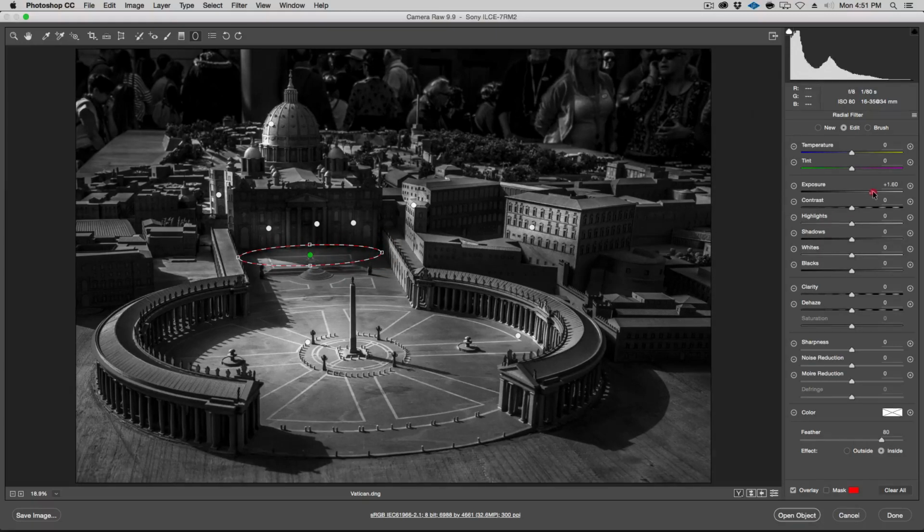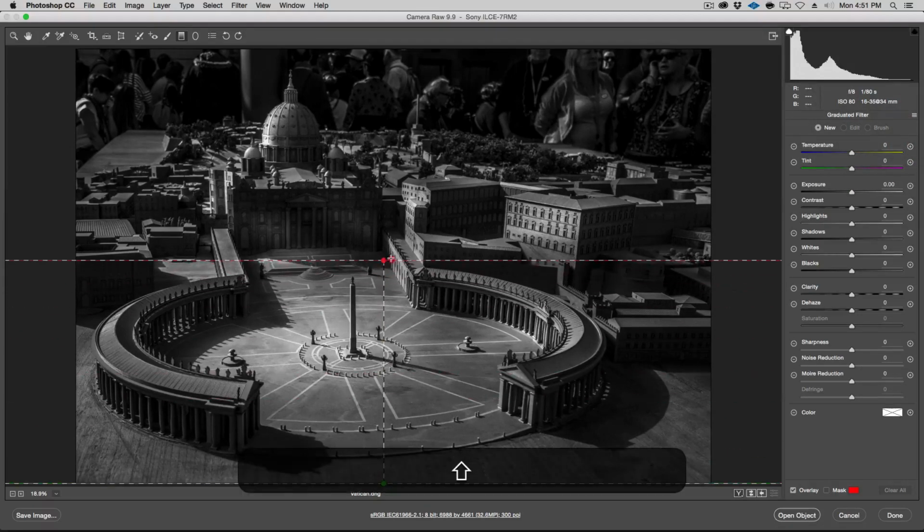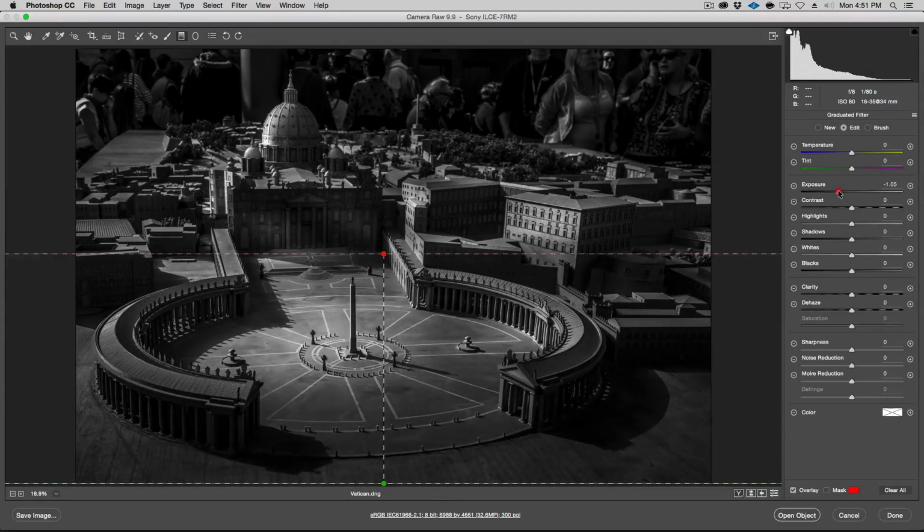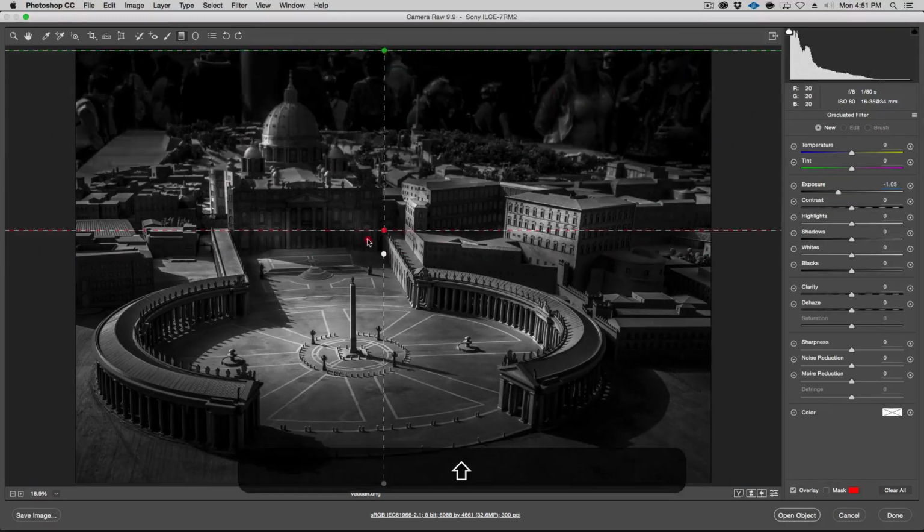Okay, kind of like that. Interesting. Okay, so something like this. And then go to your ND filters right here, and a gradient filter, and go ahead and reset that, reset local. And we're just going to close the photo up a little bit. So hold on the Shift key to make it nice and straight, and then just bring the exposure down, something like that. And then we do the same up here.